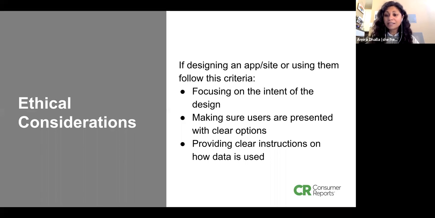So thinking through that ethical dilemma will help you realize more often than not when it is actually quite intentionally making you do something you would not do. And then making sure users are presented with clear options. Does the site or app allow you the ability to say no or disclose information about what it's doing? And does it provide clear instructions on how the data is used? So do they tell you what they're going to collect from you? And do they say this in simple language that doesn't include jargon and a whole bunch of acronyms? Are they making sure that you as a user fully understand what's happening